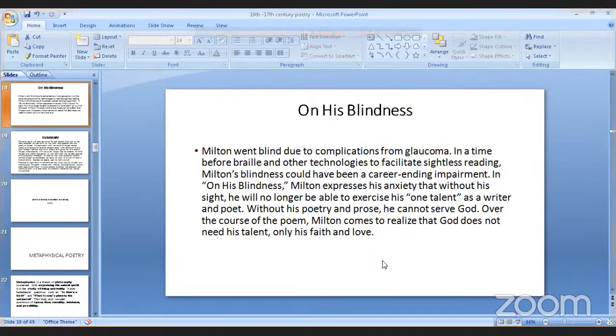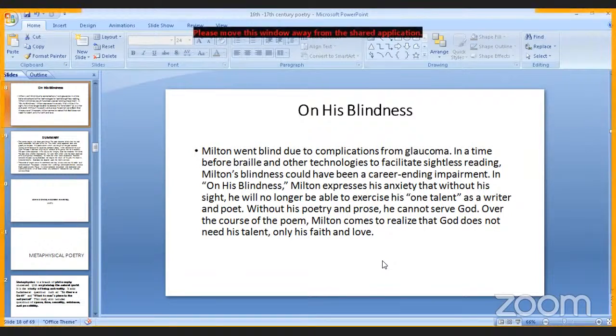Now, he had actually gone blind after some point of time. When he wrote this poem, I think he was partially blind, and with the help of his daughter, he had to finish most of his works. Milton went blind due to complications from glaucoma in a time before Braille and other technologies to facilitate